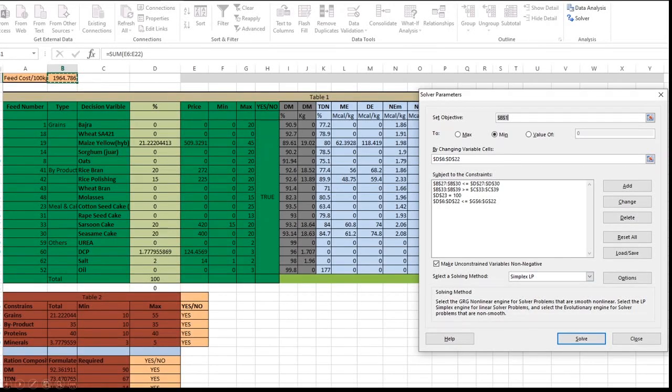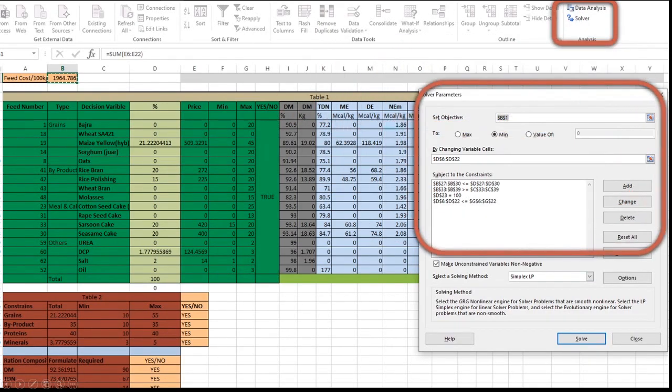Here on the right hand side, you can see that there is Data Analysis and there is an option of Solver. When we click Solver, we get this dialog, Solver Parameters, where we can add the objective. Here in the objective, we want to make 100 parts of the ration.